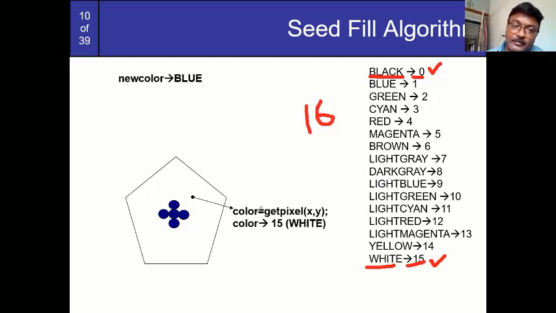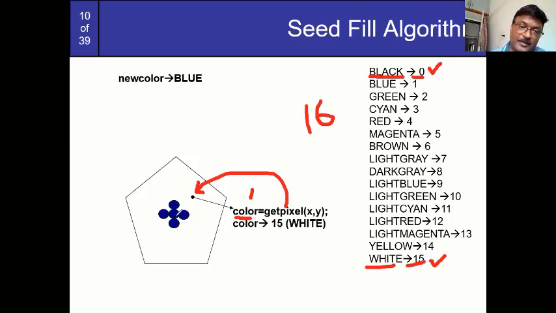Now what is the value of a color? Suppose we use getpixel. Getpixel returns a color as an integer value; suppose the color is blue, then it returns the value 1, which is an integer. So getpixel is a function that returns an integer data type. Now color equal to 15 means that is my background color, so I have to fill with the new color by using putpixel. What parameters can you pass to putpixel? putpixel takes x, y and your new color.